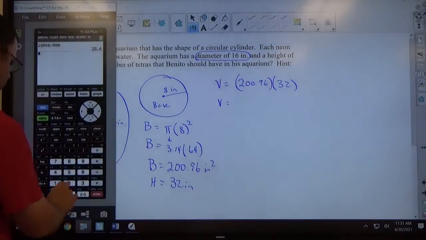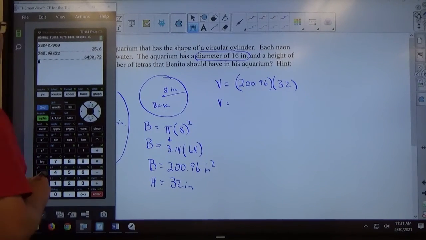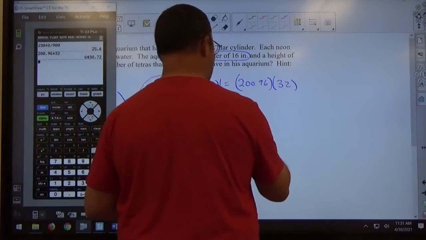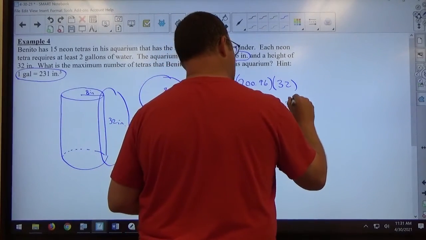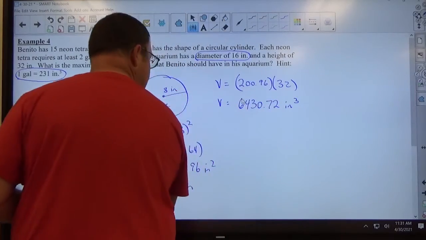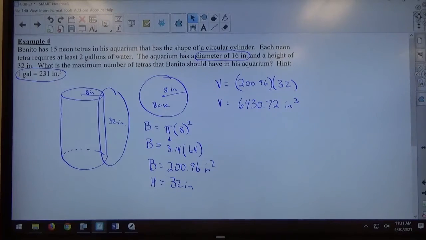So 200.96 times 32 is equal to 6,430.72 cubic inches. Okay, so that doesn't answer the question, but at least it gets us to a point where we're capable of